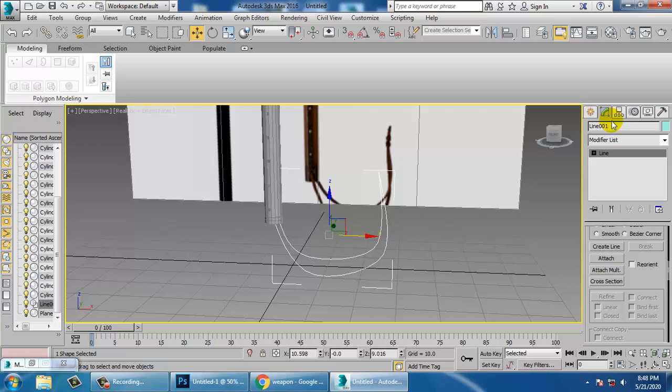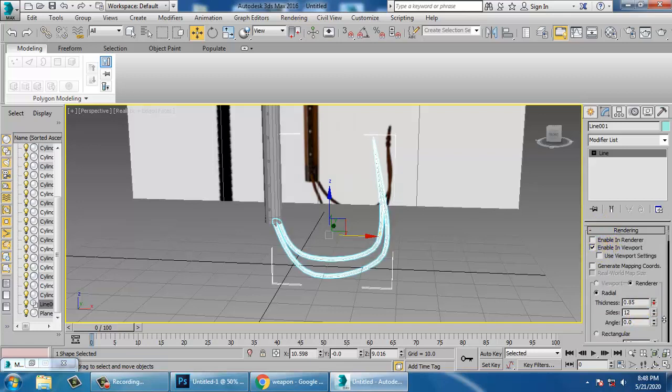We can go into this again, enable rendering and viewport, and reduce its thickness.